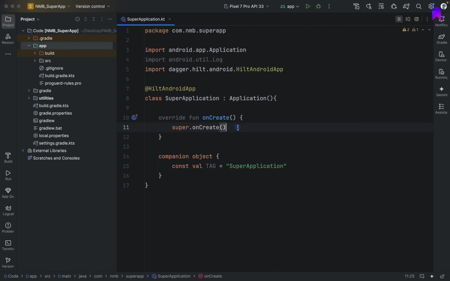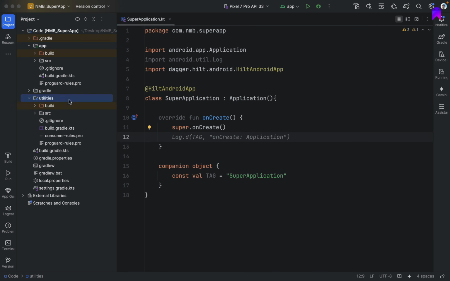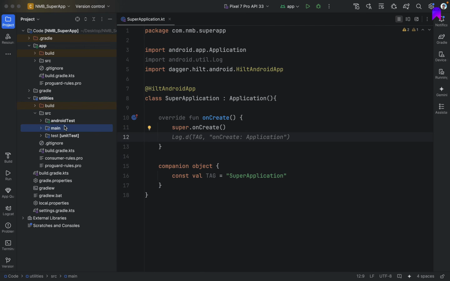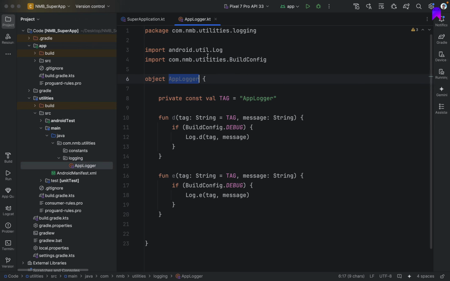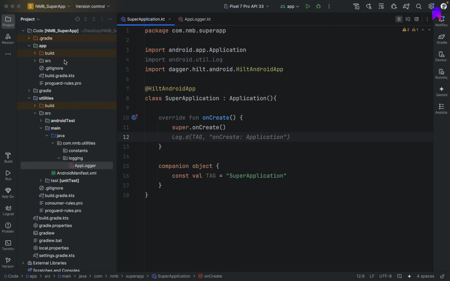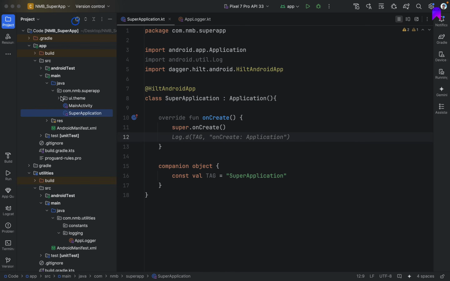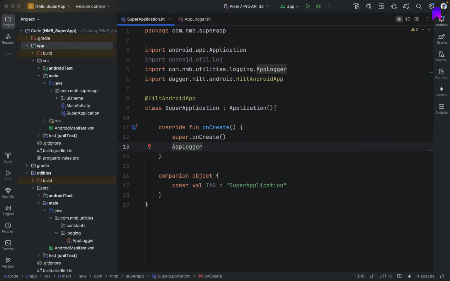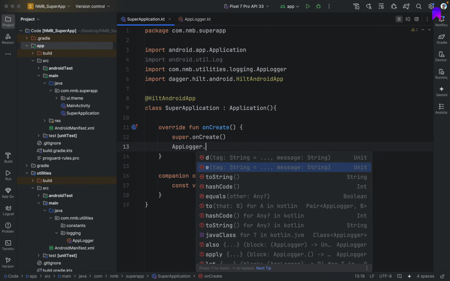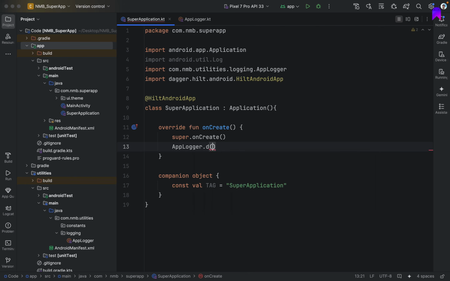Let me show you. We have written one file here which is app logger. This is inside the utilities module. But if we want to access this inside our super application, which is inside our app module, so we can simply import this and use any of these methods. So let's use directly